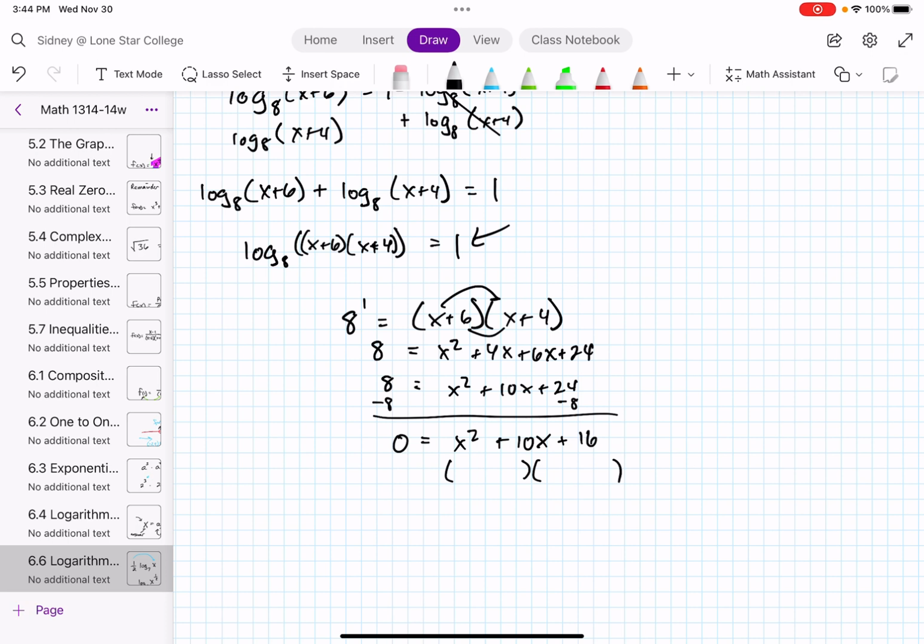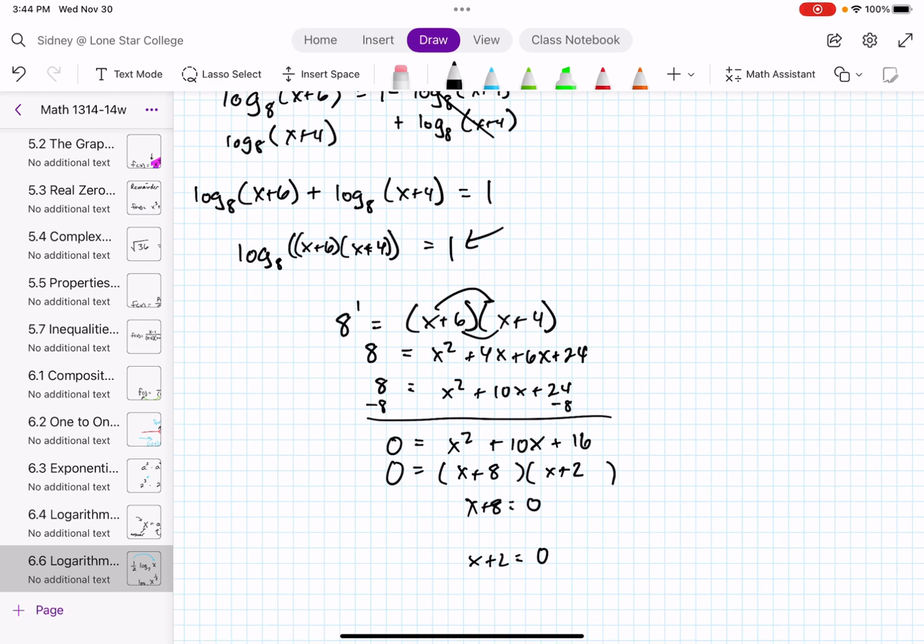Two numbers that multiply together to be 16 and add together to be 10: that's x plus 8 times x plus 2. If I set each of those factors equal to 0, similar to the last problem, I get values of x equals negative 8 and x equals negative 2,